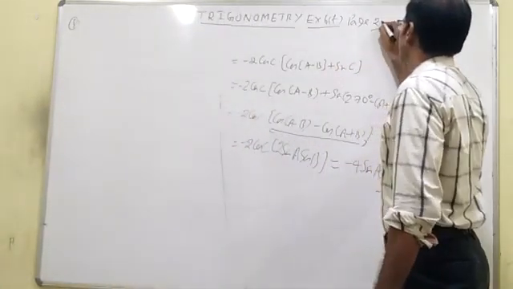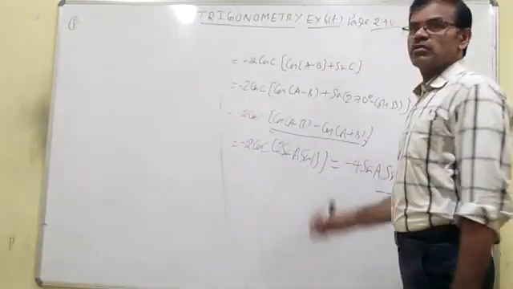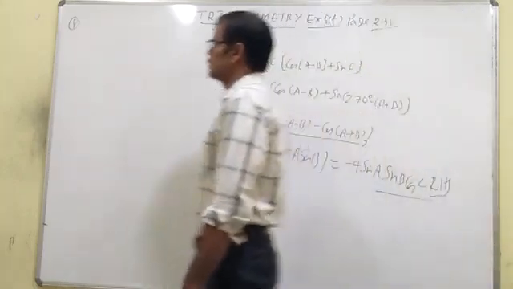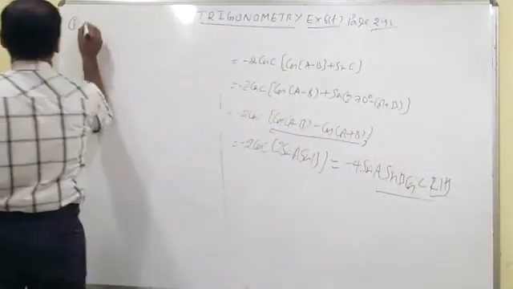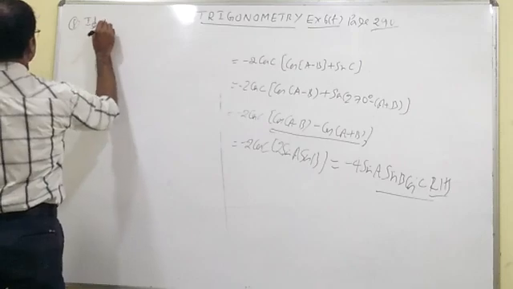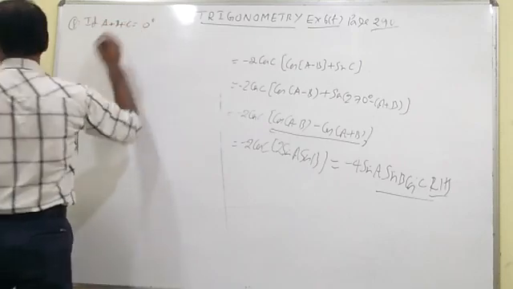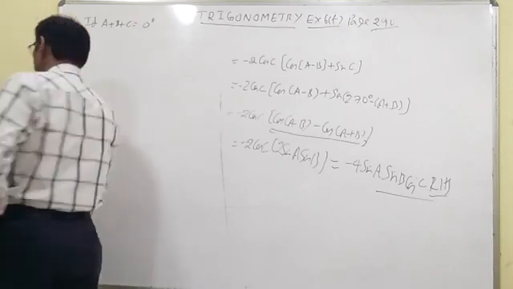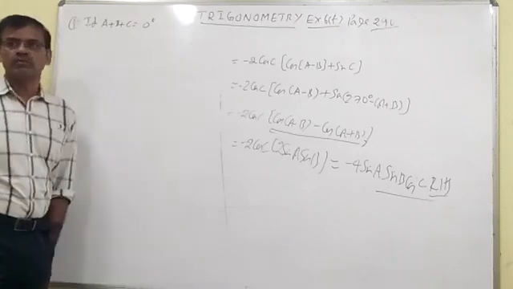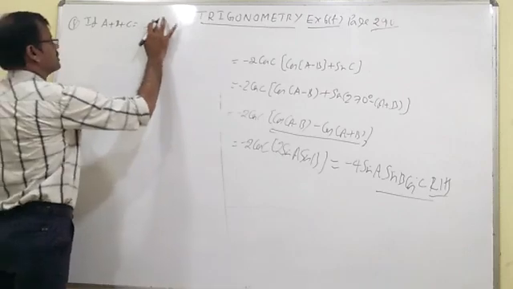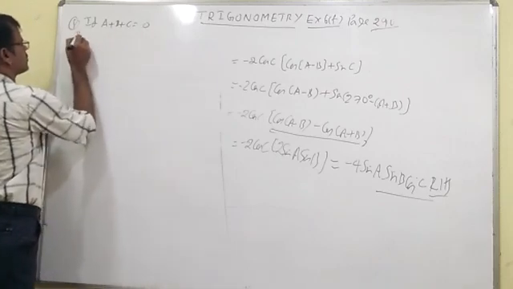Page number 290, 8th question. If a plus b plus c is equal to how much? 0. If a plus b plus c is equal to 0 degrees or simply 0? 0, okay. It means radians, no problem. If a plus b plus c is equal to 0, then prove that